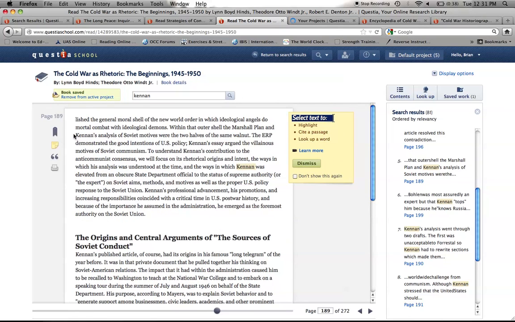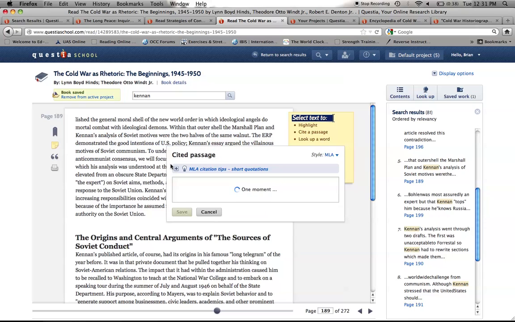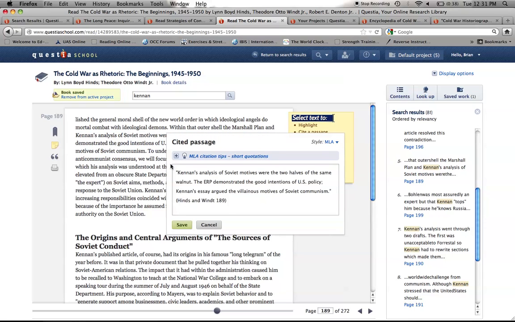I can do things. What does it enable me to do? I highlight text. I can highlight. I can cite this passage, or I can look it up. Highlighting stays within it. You still need the internet to see this. Cite this passage. Look what it's going to do for me. Boom. In-text citation, but not the end citation. It's an MLA citation and a quotation. How cool is that? Copy and paste it.